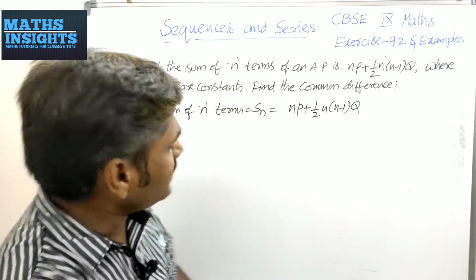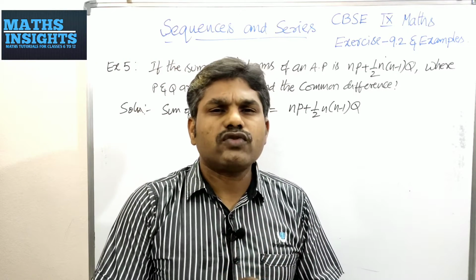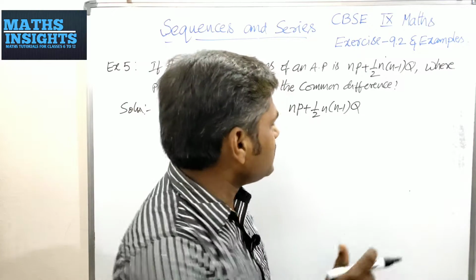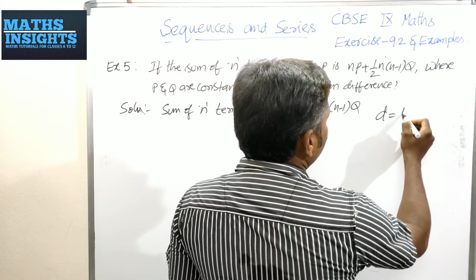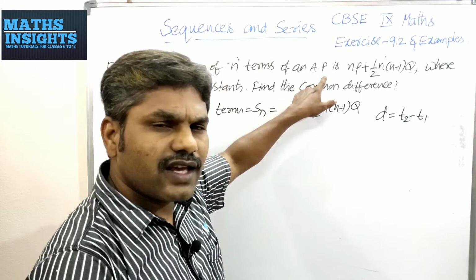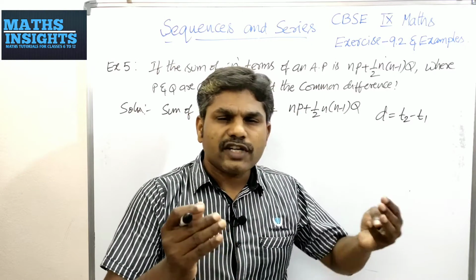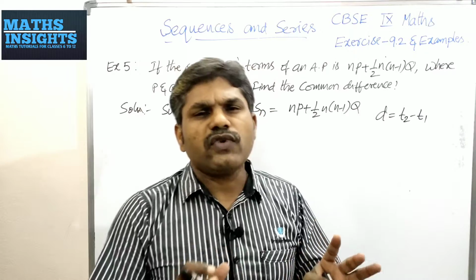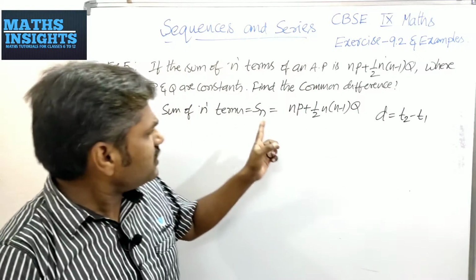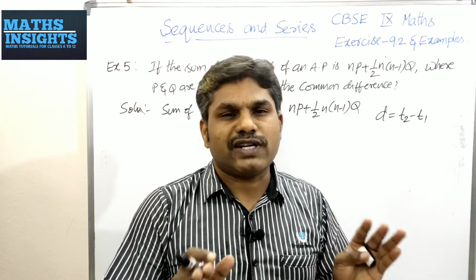This is the Sn. Now if you want to find the common difference, you have to have the first and second terms. If you know the first and second terms, d can be calculated as T2 minus T1. They are clearly saying that this is an arithmetic progression, so it is not required to verify whether it is an arithmetic progression or not. If you find the first and second terms, then the problem is over. If you substitute n is equal to 1, you are going to find the sum of the first one term.